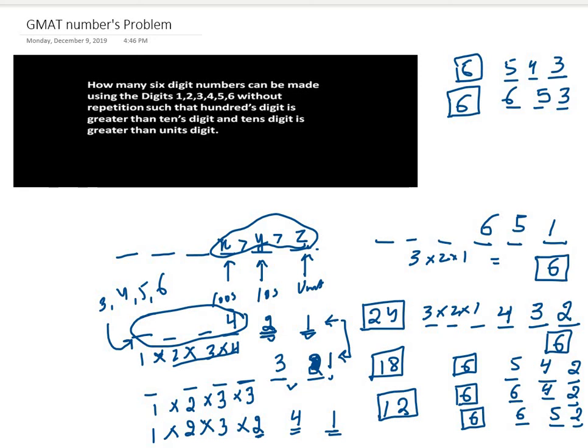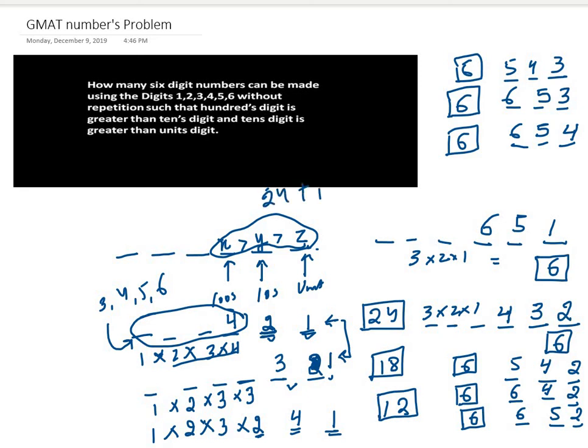So anything else left with 3? No. Now we are left with one last one, 4 at the unit place. Then we can have only one possibility, 5 here and 6 here. So these are 6. So we have to now add up all the values in the squares. So it comes out to be